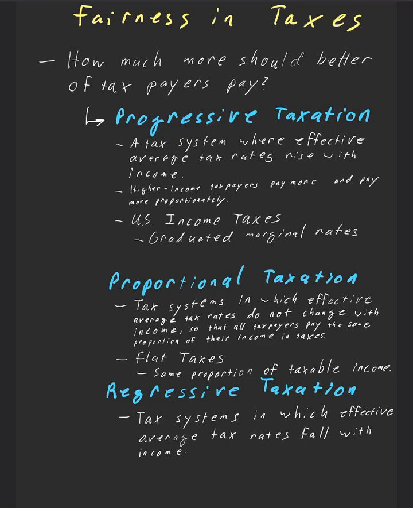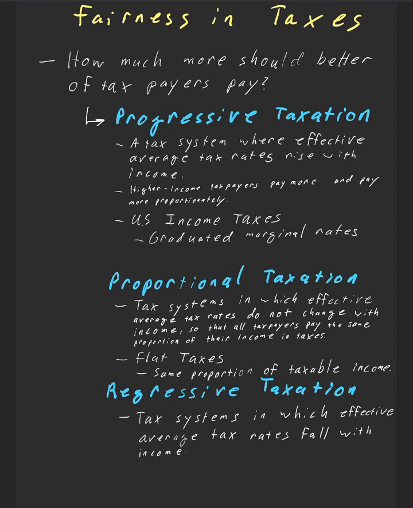Okay, the main example of this, of course, is U.S. income taxes and their graduated marginal rates. So that the more income you make, the further you go up into the brackets, the higher marginal rates of taxes you pay. As your marginal rate, if it is increasing, then your average tax rate paid will be rising, right? So if you add a bracket of higher tax rate, then that will raise the average.